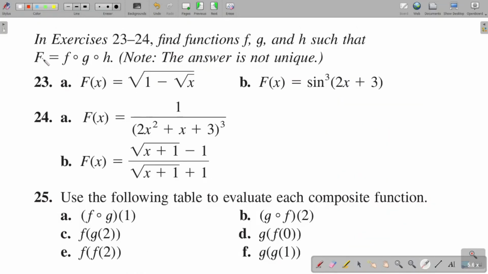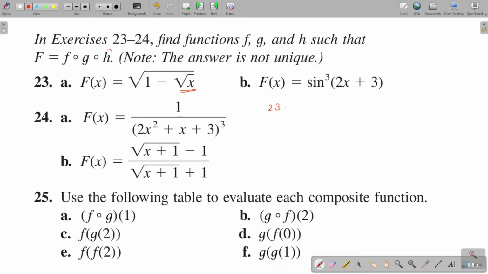Now suppose you have to express a function capital F as the composite of three functions f, g and h. The method is similar. First you have to check which of the operations here to perform first. Here when you are asked to find f of a quantity, you will first take the square root of that quantity. Then you will take 1 minus that answer. Finally, you will take the square root of that final answer. So we have the first operation here is square root of x.